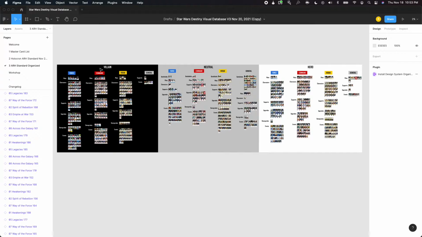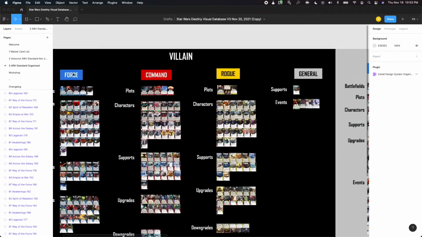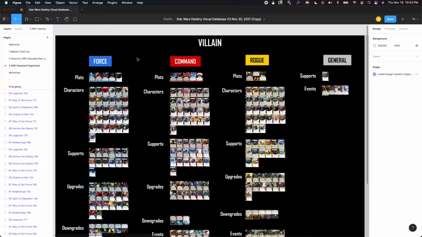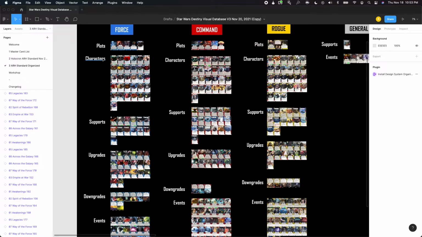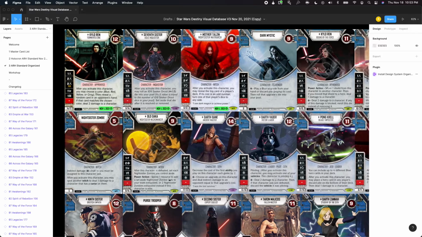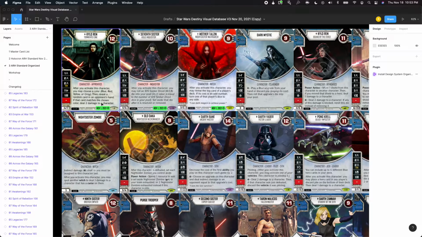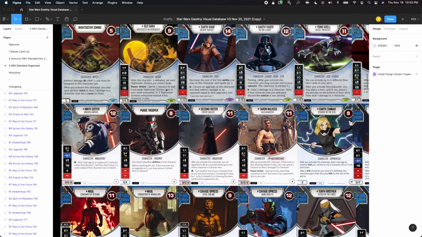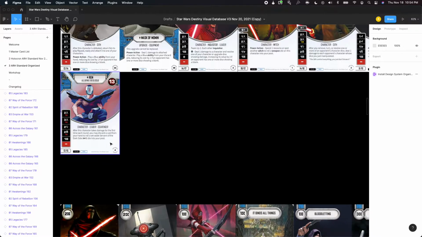So as you see, you've got it split up in villain, neutral, and hero. And then within those, the different colors: blue, red, yellow, and gray. And then within that, the different card types. And then within those, I've settled, at least for now, on organizing these by release. So the earlier released sets at the top, all the way down to the bottom of the latest set,